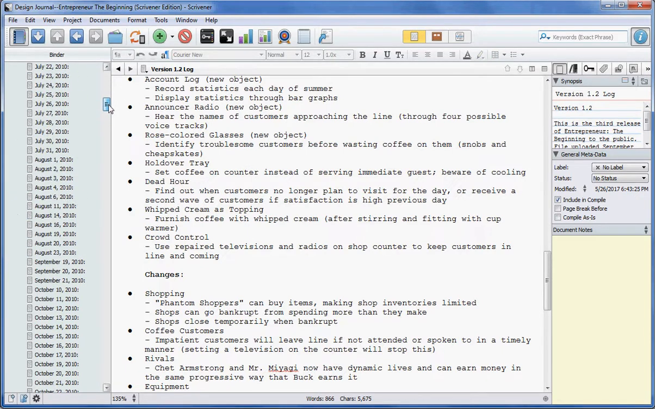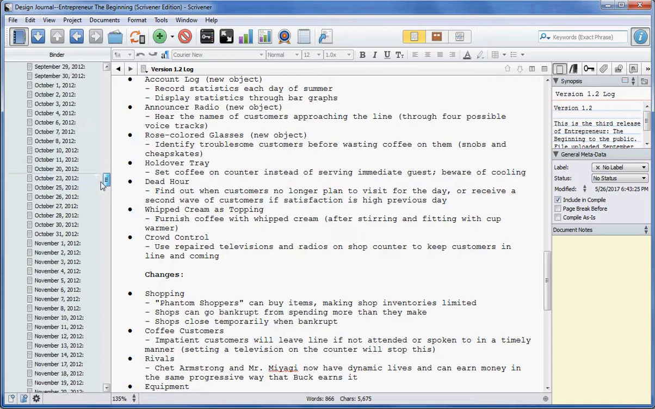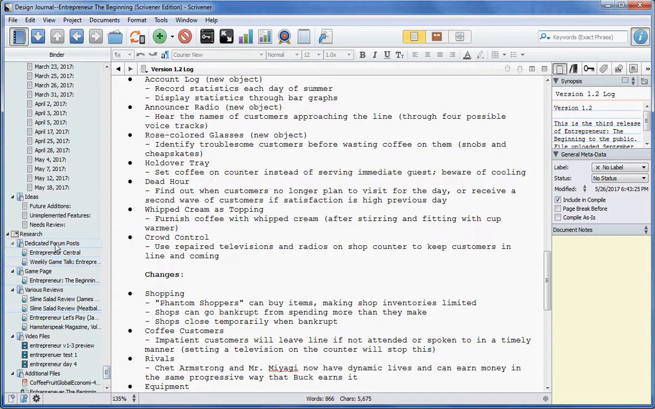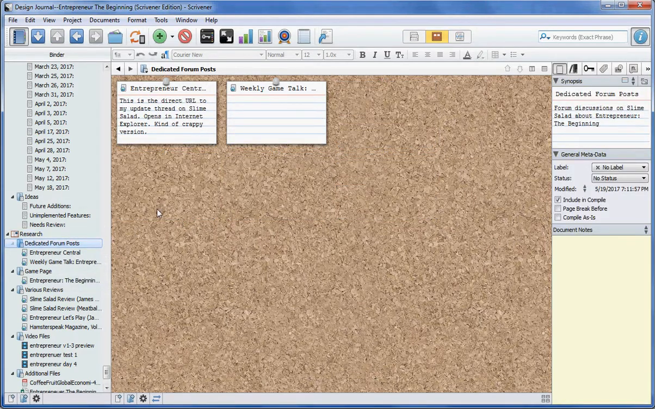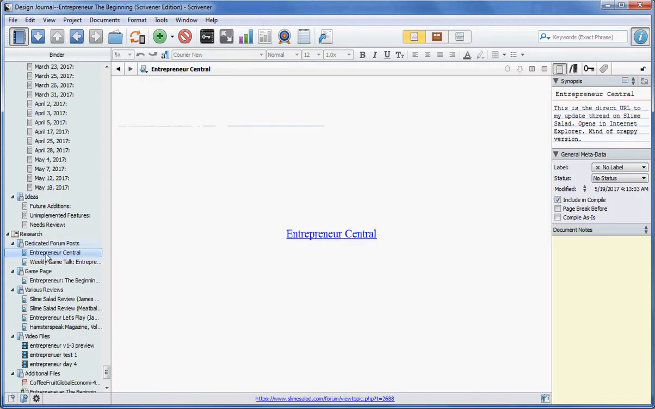Another thing you can do, if you want to get really crazy, is if you have research. If you go down to the research panel, you've got all these different things. Depending on what you want, you can highlight areas of interest. Like for me, I have my link to Entrepreneur Central, which is my post for Slime Salad, my game. So if I click on that, and it's probably going to show up big because I've got my screen tiny, but if I click on Entrepreneur Central,